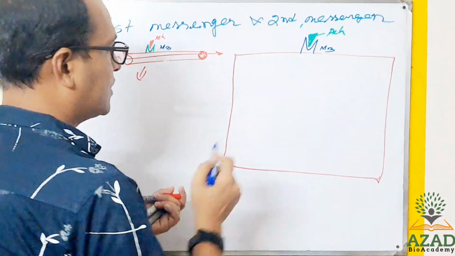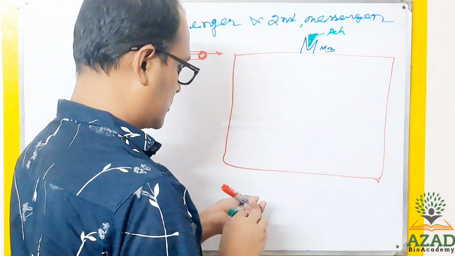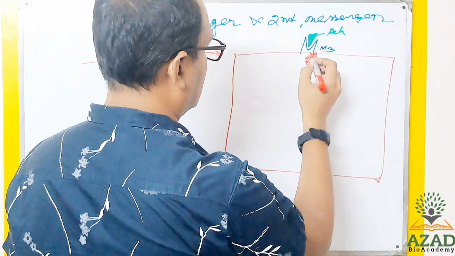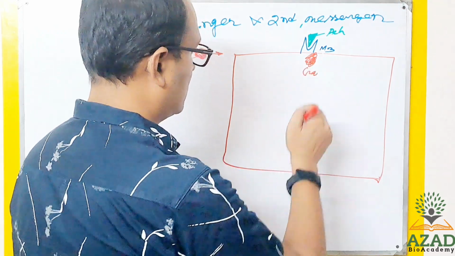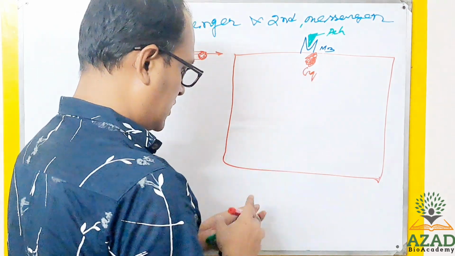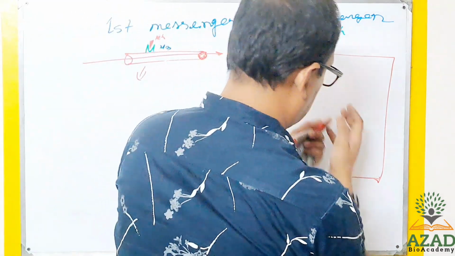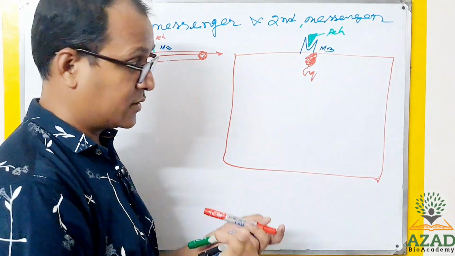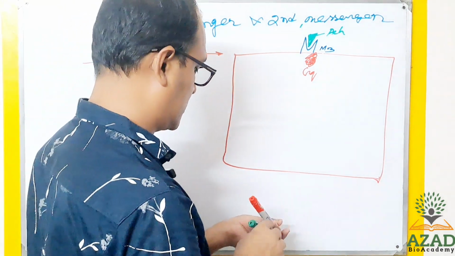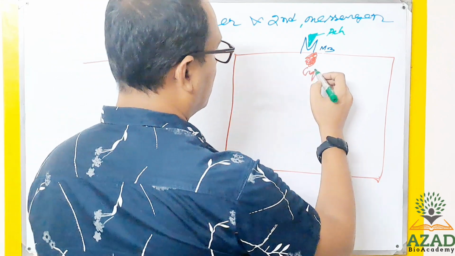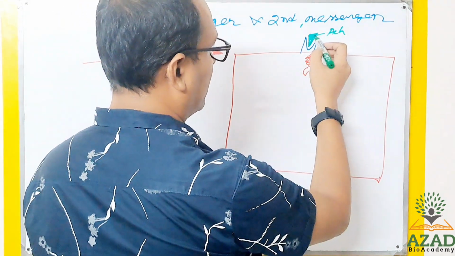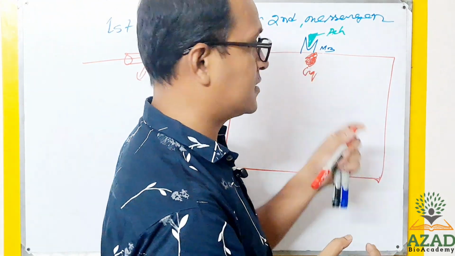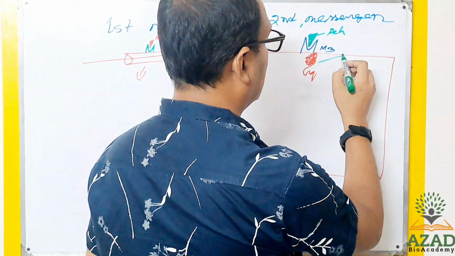The M3 receptor is actually a G protein coupled receptor, and this G protein is Gq. I will not go into the details about the G protein because we have a video in my lecture, so you can go for G protein coupled receptor. So what will happen when the G protein is activated? When acetylcholine binds with the receptor, the conformation will change and it will activate the G protein. That activated G protein will activate